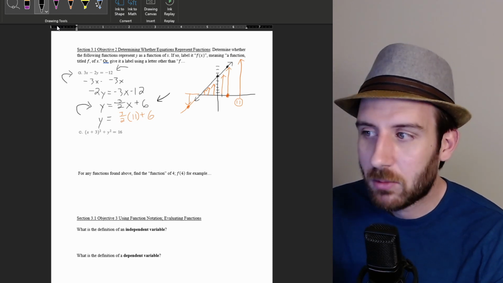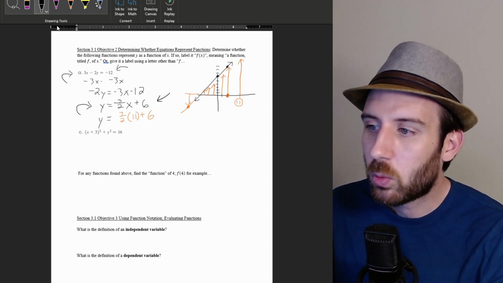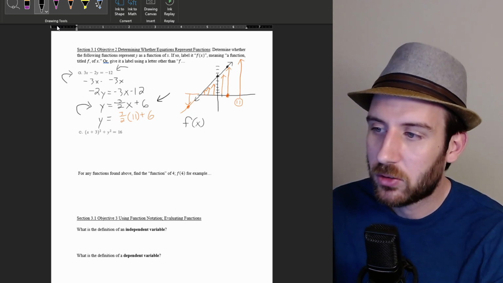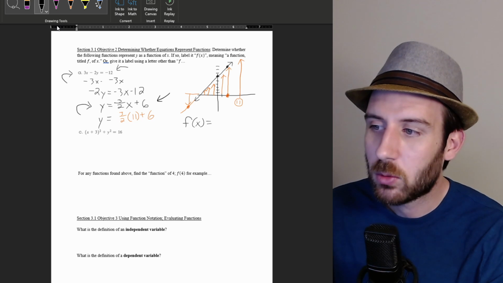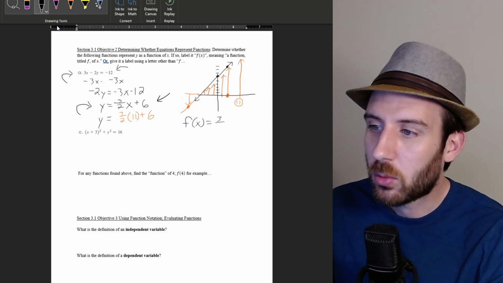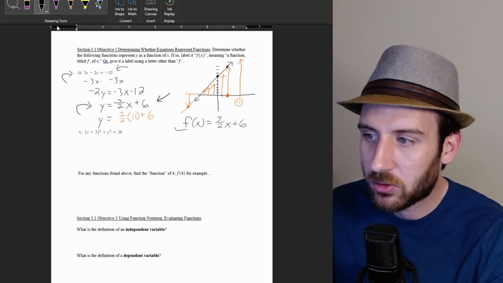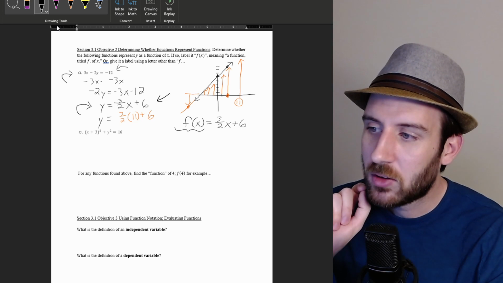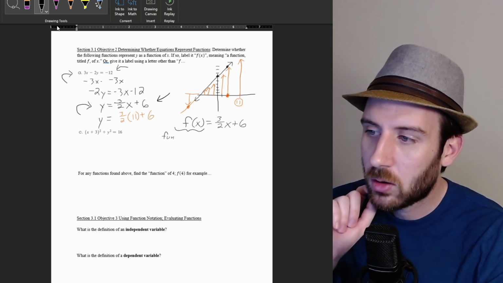In fact, a lot of times what people will do is they'll write this with a brand new title, and they'll write this with an f and parentheses with an x in it, and they will say this is equal to 3 over 2 x plus 6. And what they're really saying by this is an entire sentence of information. Check this out. This f says a function